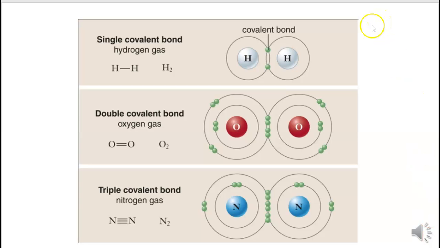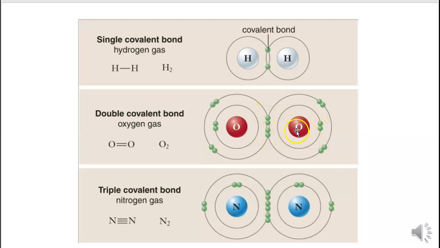Other types of covalent bonds include double covalent bonds and triple covalent bonds, but the same principles apply. In the second or middle picture here, we see two oxygen atoms forming a double covalent bond. That has happened because of the number of electrons required by each atom to fill their valence orbital. Oxygen has 6 electrons in its valence orbital: 1, 2, 3, 4, 5, and then 6. It's donating 2 of those